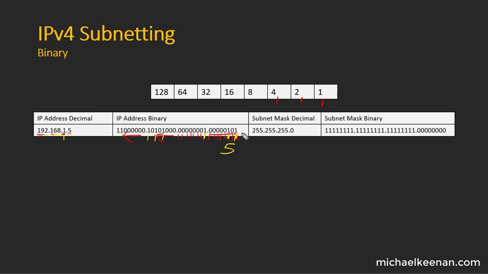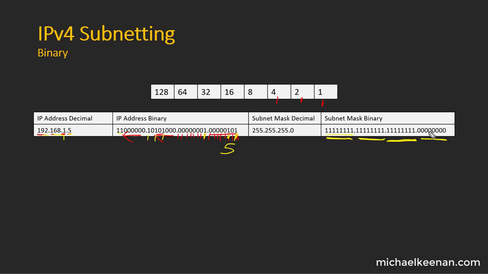And the subnet mask over here is 255.255.255.0. So all the bits over here are on, all the bits here are on, all the bits there are on, and in the very last octet, all the bits are off. And of course, the subnet mask determines what part of the IP address is the network portion and what part of the IP address is the host portion. In this case, the first 3 octets are on for the subnet mask. So on for the subnet mask means that it is the network portion, whereas off, being the zeros, is